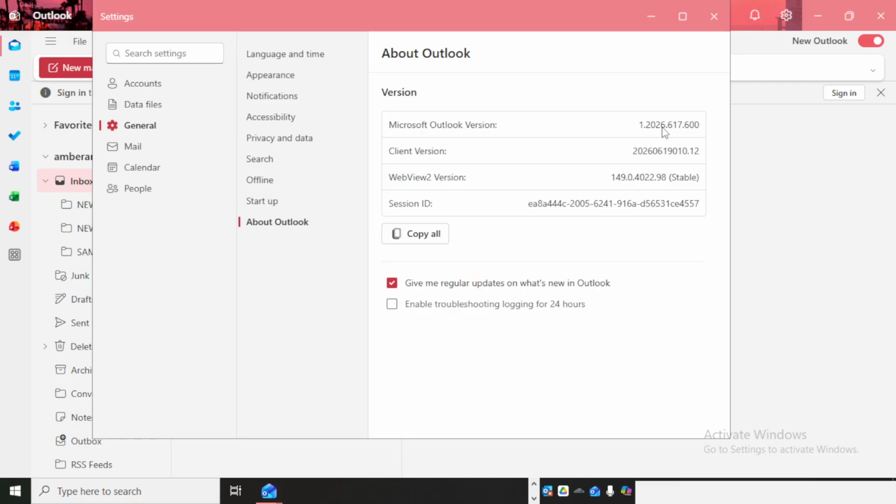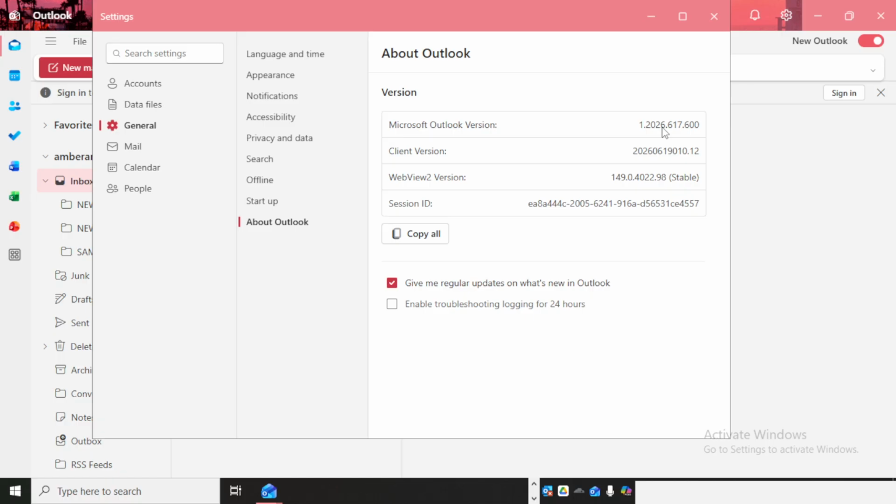Take a moment to read the version information carefully, especially if you need it for troubleshooting, updates, or compatibility with other Microsoft tools. In some cases, you may see a version number, build number, or additional product details. If you need to share this information with technical support, it's a good idea to copy it down exactly as it appears. That's all there is to it.